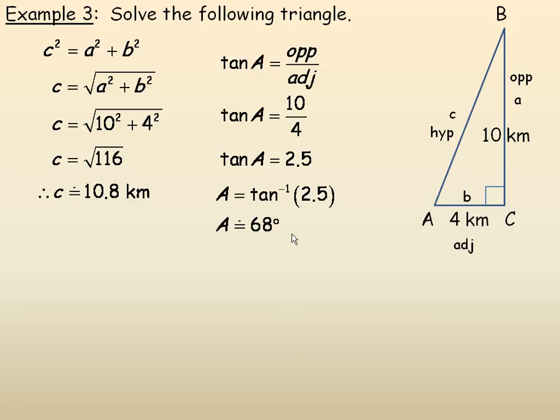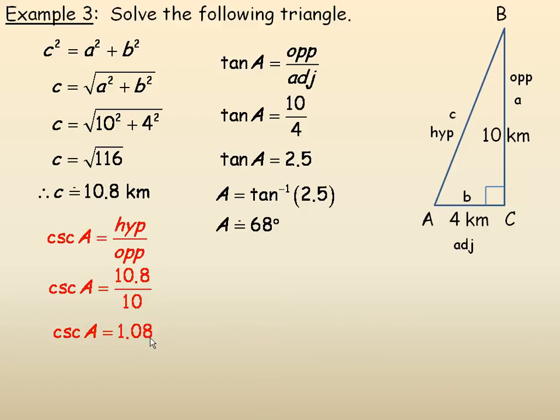Now, I want to show you alternate solutions. I'm not just going to show you the tan here. So another way that we could find that the angle is 68 degrees, we could use one of the reciprocal trig ratios. And so I could use cosecant. Cosecant involves hypotenuse, which we know is 10.8, and the opposite side, which is the 10. So I could substitute 10.8 and 10 in place of hypotenuse and opposite, and that divides out to